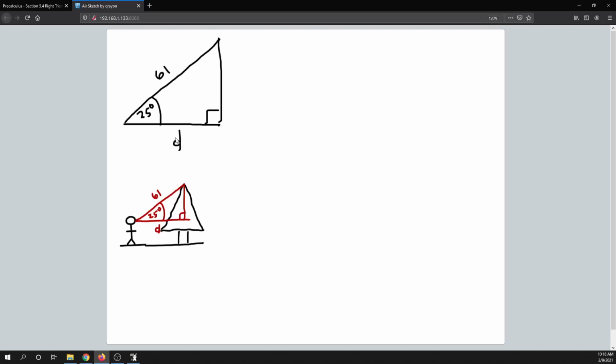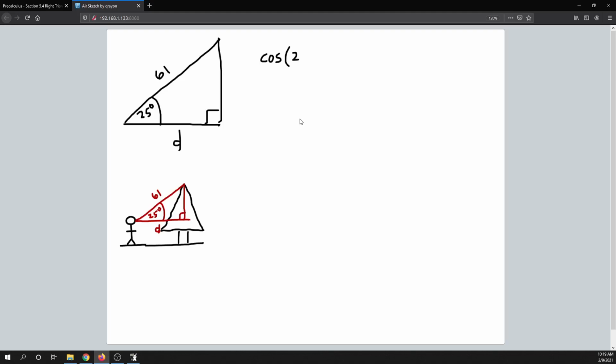Okay, so we can do that using the trigonometric ratios, right? So looking at this angle 25 degrees right here, we look at the side that we know, which would be the hypotenuse of the triangle, since it's opposite the 90-degree angle. And this side D here for the angle 25 degrees would be the adjacent side. So we've got the adjacent side to 25 degrees, we've got the hypotenuse. So what we would do is think about what trig function would we use that relates the adjacent and the hypotenuse,